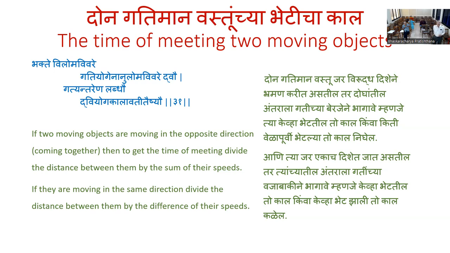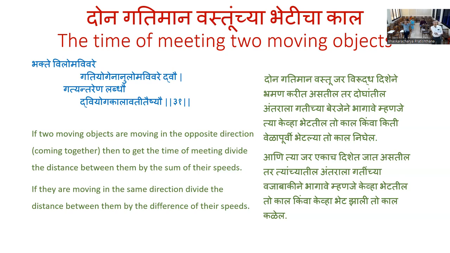So here there are two moving objects moving in opposite directions. They are coming together. Then to get the time of meeting, you divide the distance between them by the sum of their speeds. Okay, so gati yogena viloma bhakte viloma vivare. Vivara is actually distance. Gati yogena, sum of the speeds,